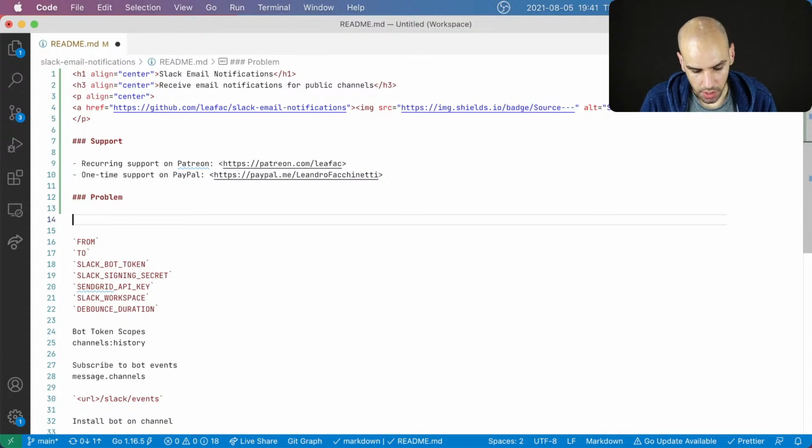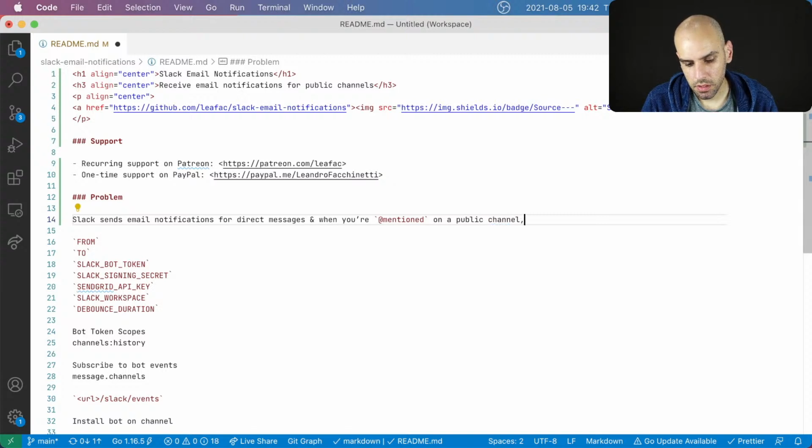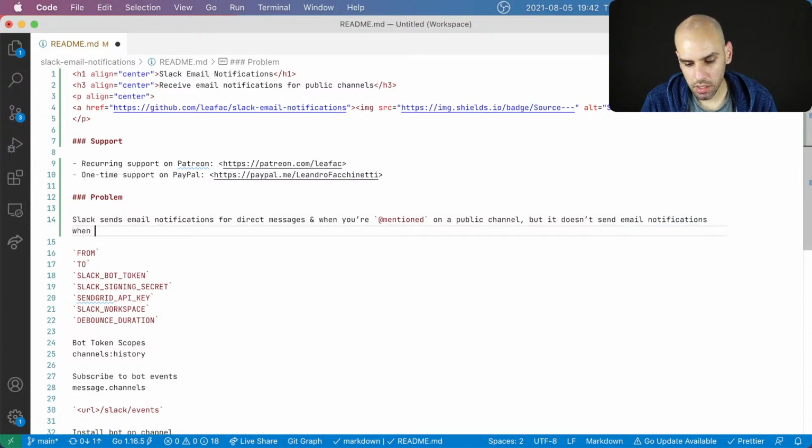So yeah, Slack sends email notifications for direct messages, and when you are mentioned on a public channel, but it doesn't send email notifications when regular conversation is happening on a public channel.